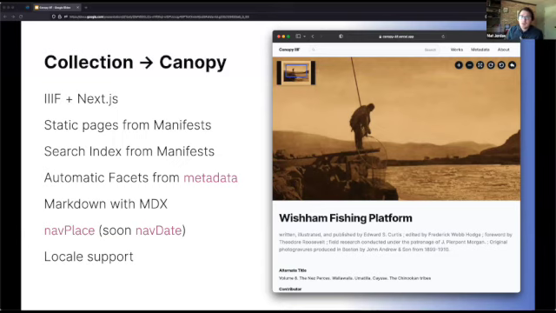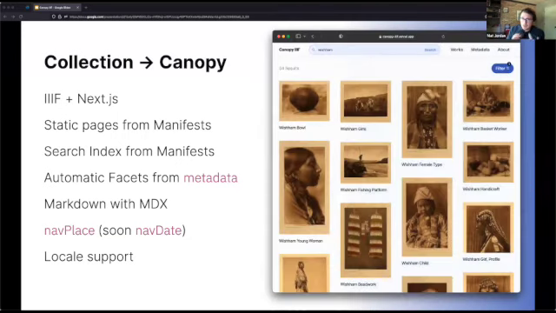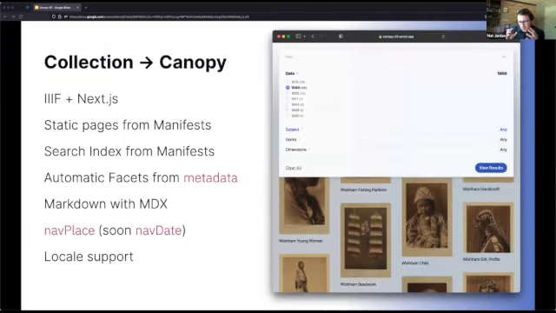And I wanted to make sure that if you had a collection with 50 manifests, those 50 manifests would be represented by 50 pages with real URLs. I wanted to make sure that the label and the summary and the metadata properties from those manifests would stitch together to create some sort of search index where those 50 pages could now be potential results. I wanted a user to be able to say, these metadata labels would become my facets in my new